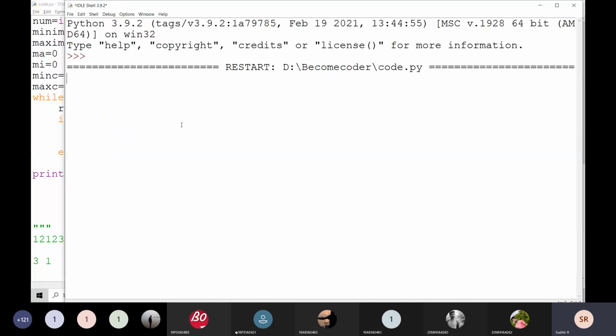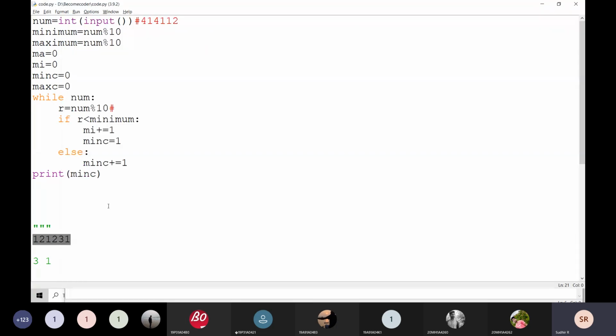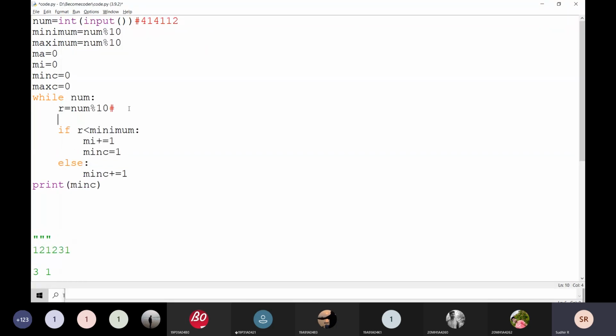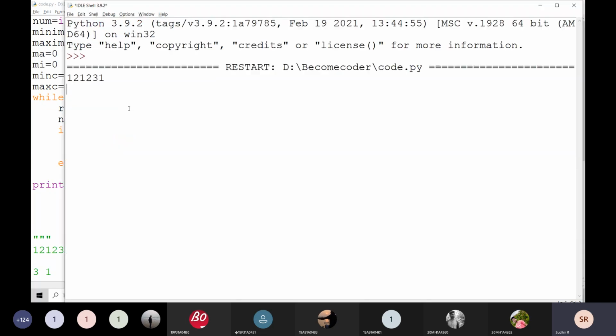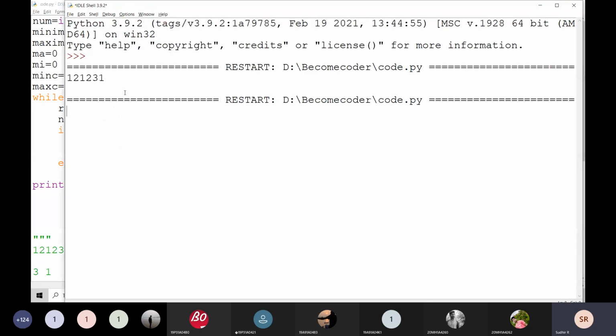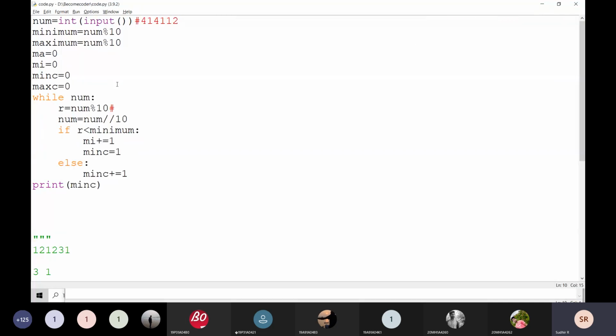If I execute it with this number, it is not coming out. Number is equal to number divided by 10. This is the input, and this is going very well.